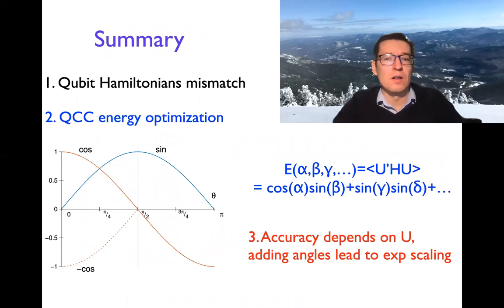Now, to summarize, the main challenge of doing quantum chemistry on a quantum annealer is that the qubit Hamiltonian that you get in electronic structure problems usually mismatches the Hamiltonians that D-Wave and other quantum annealers can essentially handle. Because the ones that appear in a quantum annealer are of Ising nature. And therefore, we decided in our approach not to try to bridge those Hamiltonians. They are very different, but instead use the annealer to make more efficient energy optimization in the QCC approach,